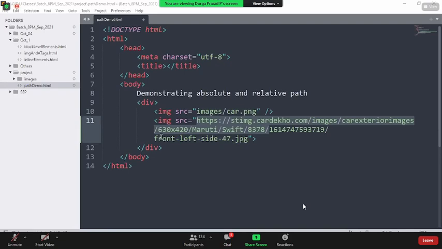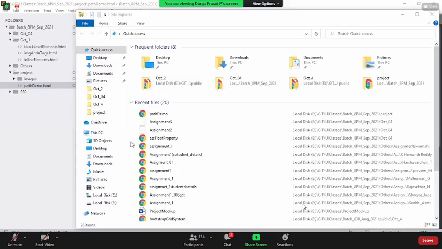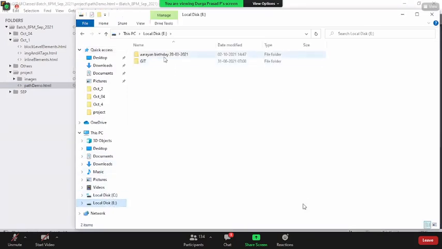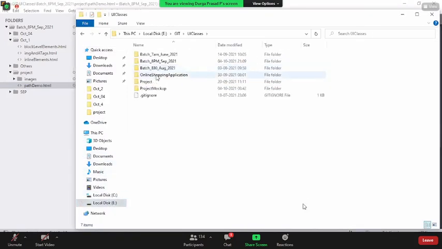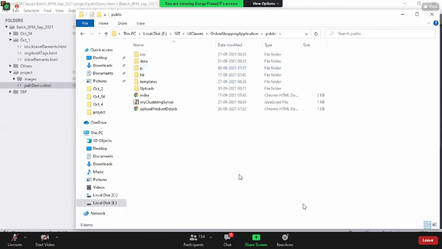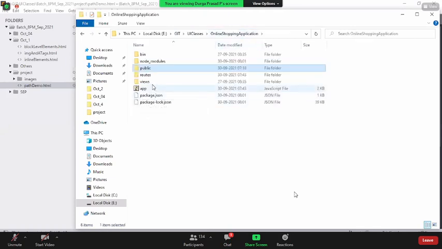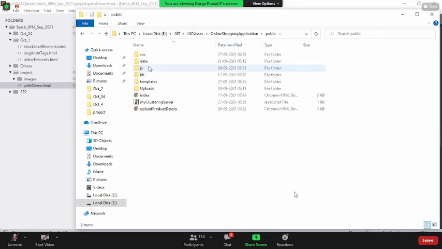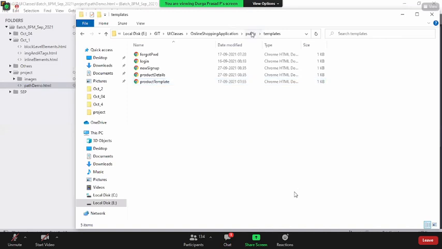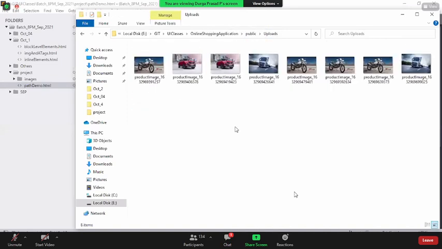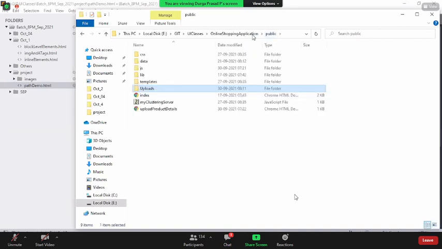Let me show one folder structure which we already have. Say, for example, if I go to the E drive, there is a folder called online shopping application. Do you see, is it not clear that the CSS folder has only the CSS files? Open this, I have all the CSS files. If I go to JS, I have all the JavaScript files. So it was easy for me to understand the things, isn't it? That is why it is recommended. Now the uploads folder actually has the images, but I'm not using anything called an images folder. It's up to you, but if I put it as images, that will be more readable.